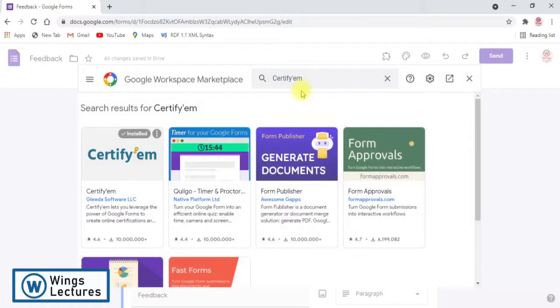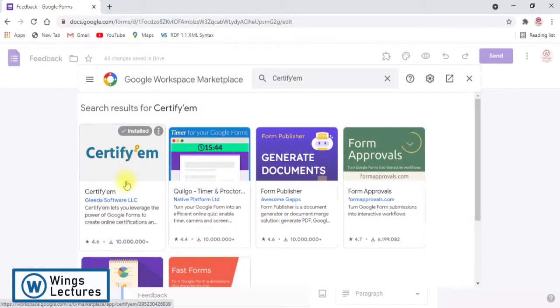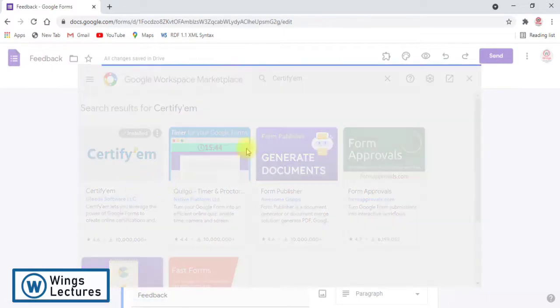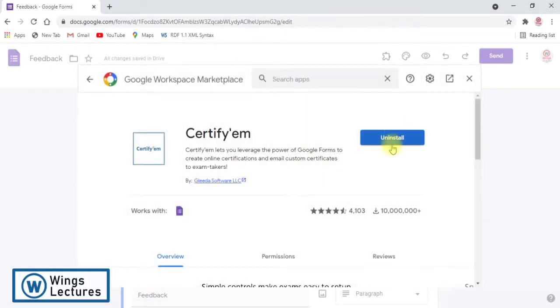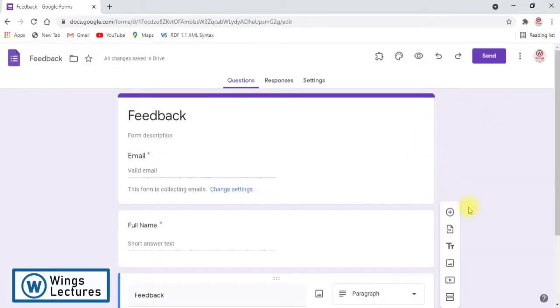I have already installed this add-on package. If you click this, it will ask you to install. Simply give allow, allow response to this add-on, and automatically it will be installed. It won't take much time, maximum 1 minute.